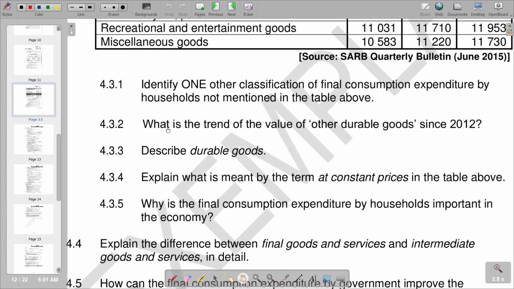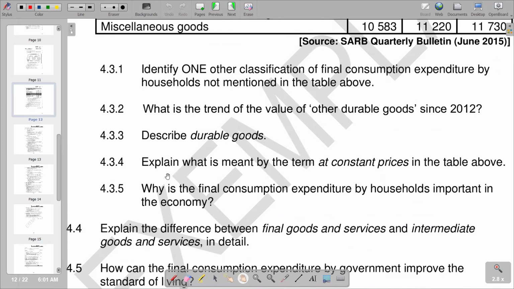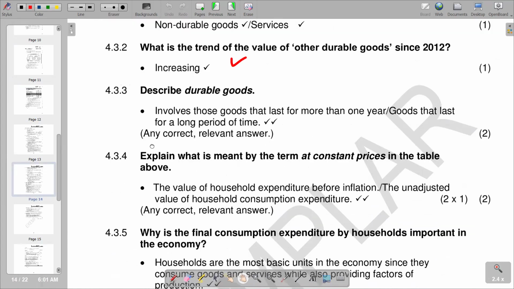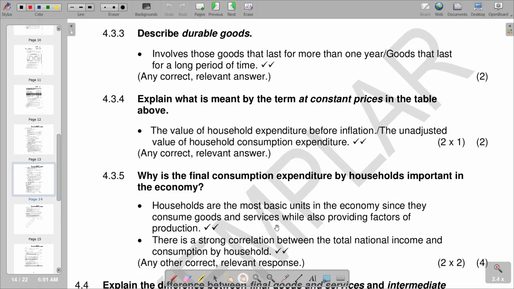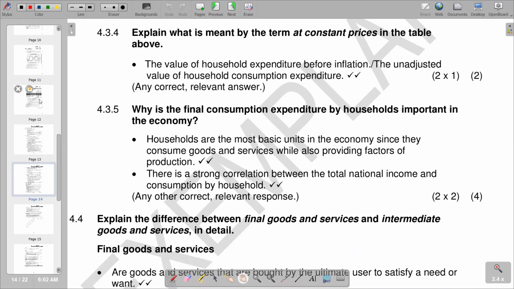And then we move on to the next part, which is saying, why is the final consumption expenditure per household important in the economy? So we are saying households are the most basic units in the economy since they consume goods and services while also providing factors of production. So they consume the goods and services, and also they provide factors of production in the form of labor. So that's why the final consumption expenditure per household is important in the economy. So that's what we have on 4.3.5. And then we go to